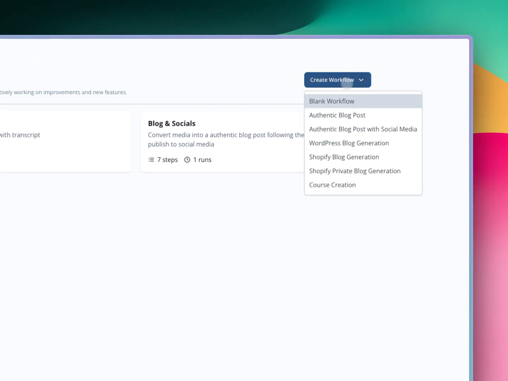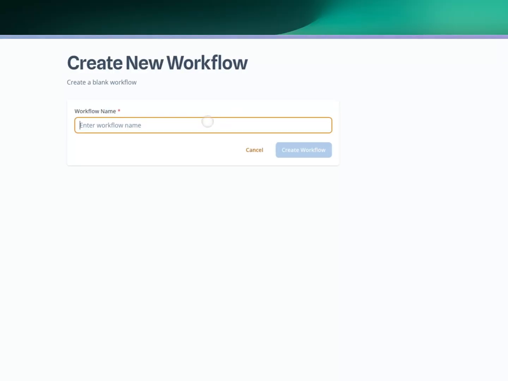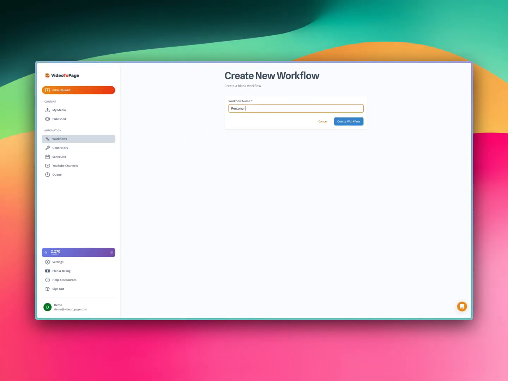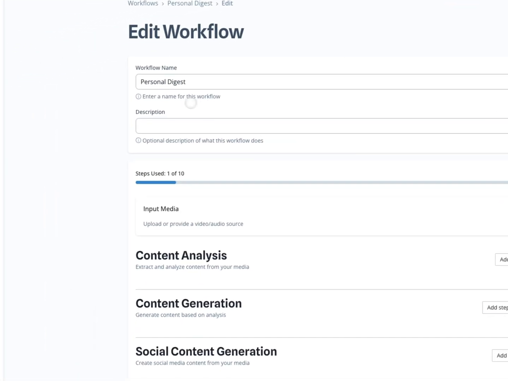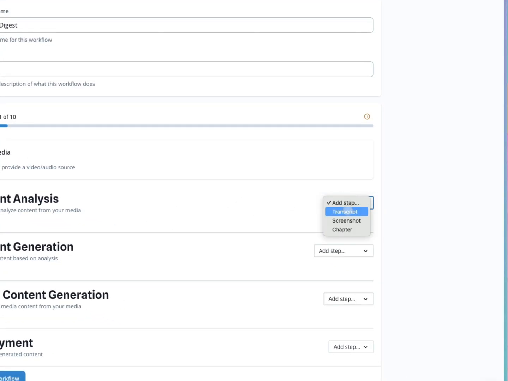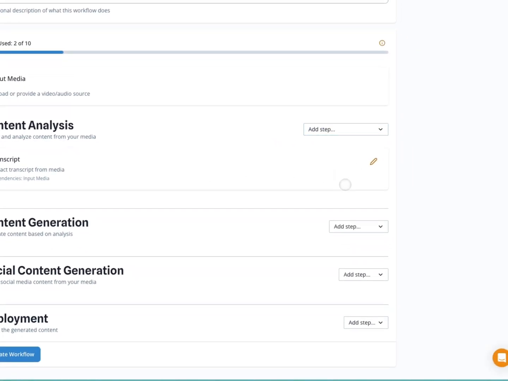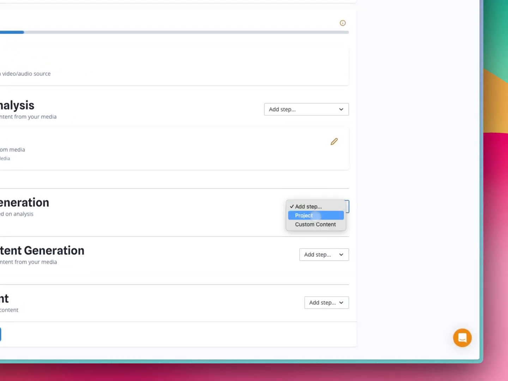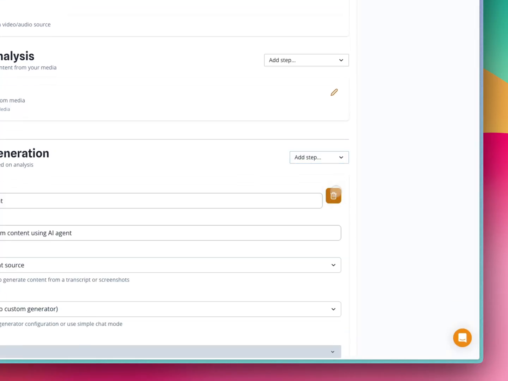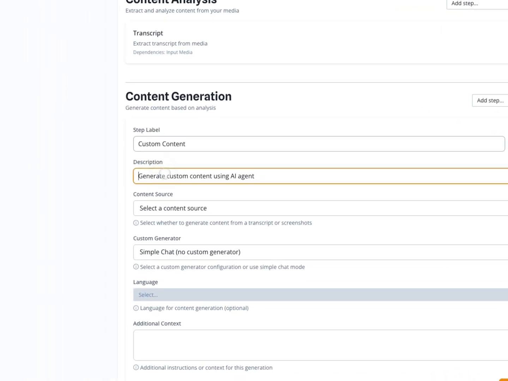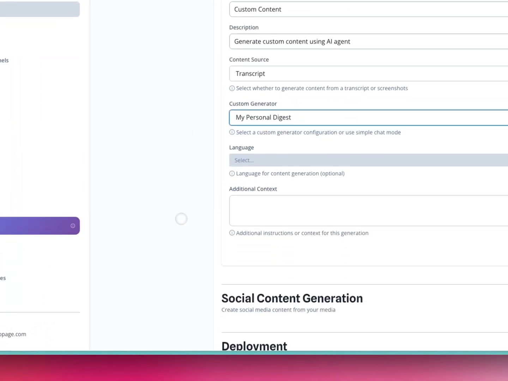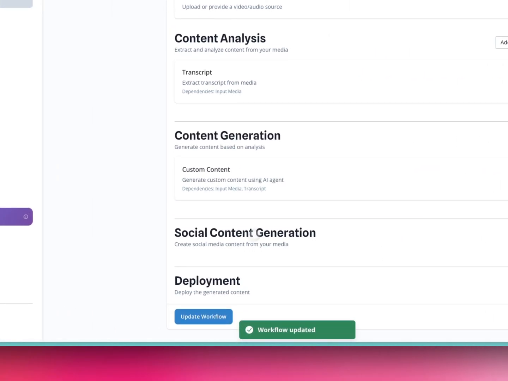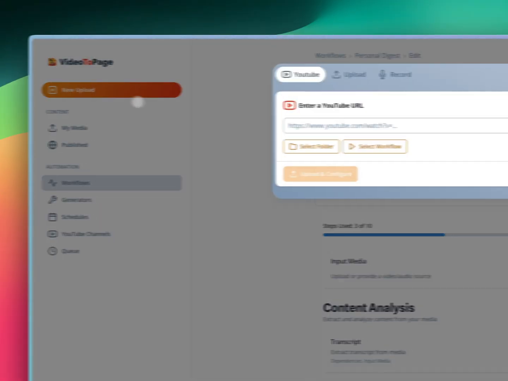So for example, you would be able to create here a workflow where you say personal digest. You would say create workflow. You can click edit here, and then of course we need first a transcript, and second we need our custom content, which is in our case personal digest. And that's it. So if you hit update workflow, you can now, if you start a new upload, so for